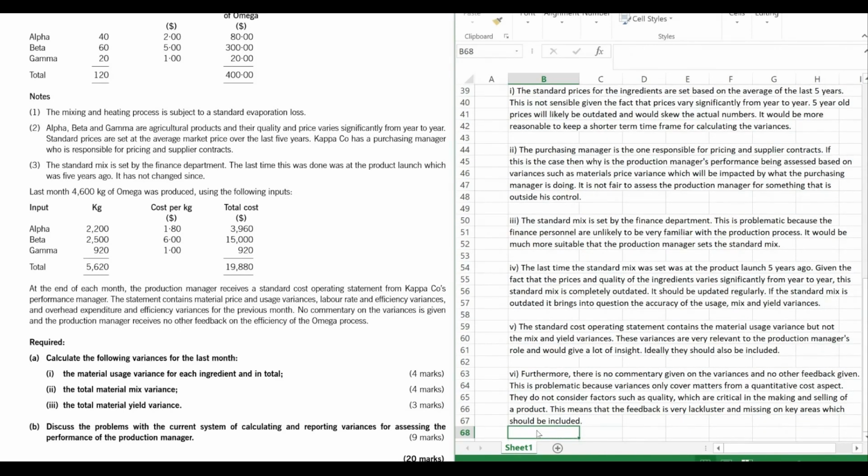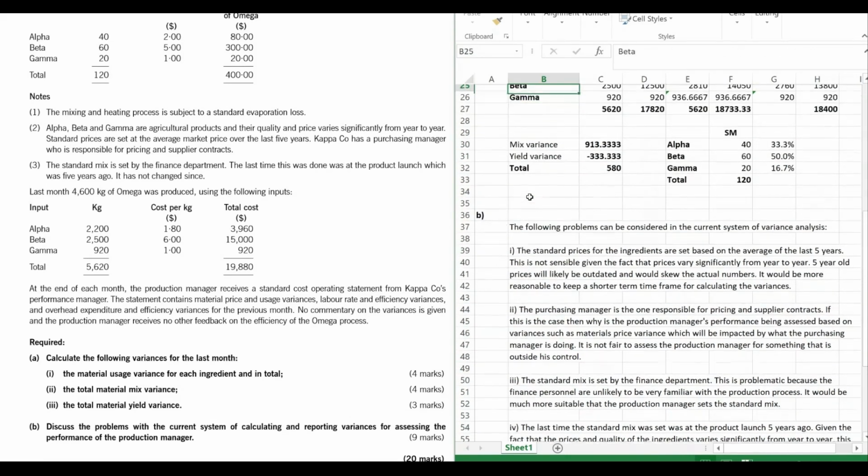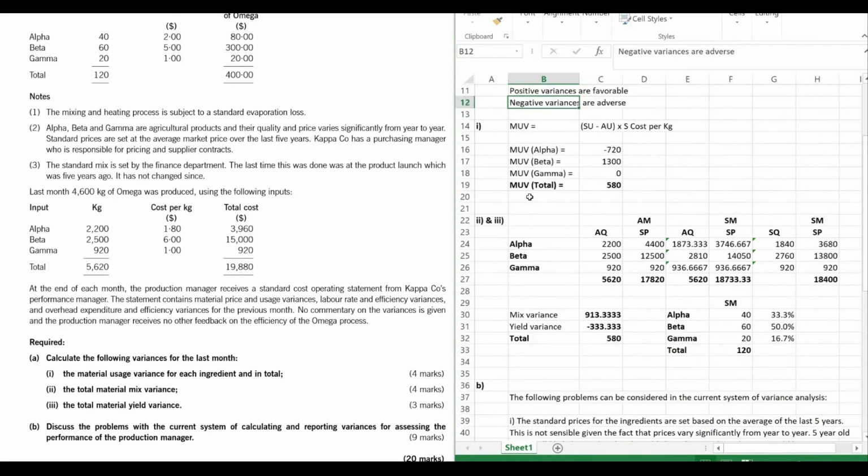Okay, so we have 6 points. Again, it's for 9 marks, and we've covered pretty much all the main points, I believe, that we could have from the question itself. Now, should we add more points? Not necessarily, as in, like I said, these should easily get us about 7-8 marks because of the detail we went into, but we could potentially add more points by, for example, bringing the numbers in to some of our points if we wanted, just to highlight the